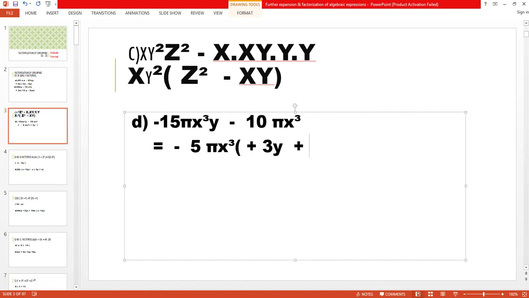And in the 5 times table, when 10 comes, it is 5 twos are 10. Pi x cube, the whole will go outside. So this one is here, we just write 2 because this will go outside. Okay, so this is how we have to factorize these two parts, part C and part D of question number 1.